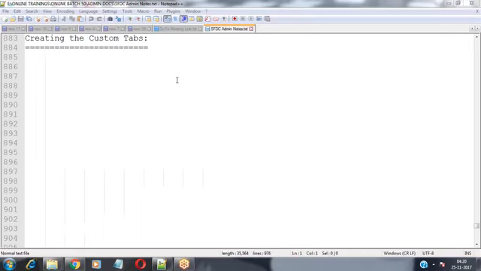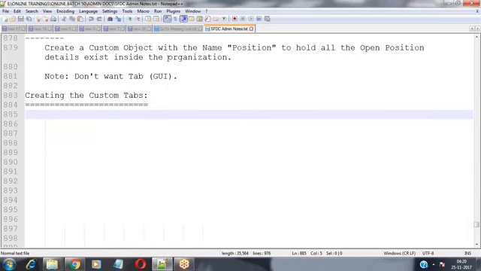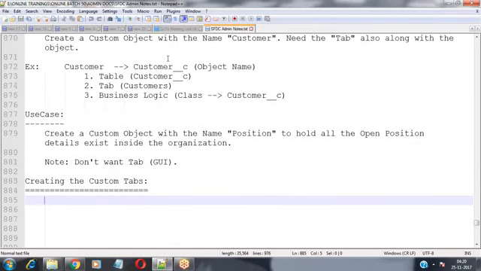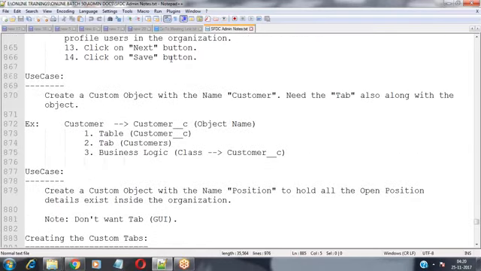We discussed that upon creating a custom object, Salesforce provides the three layers of your application. It provides a table in the database.com with the same name as the object name, and it provides a tab through which we can manage the records inside that object, which provides a set of graphical user interfaces.